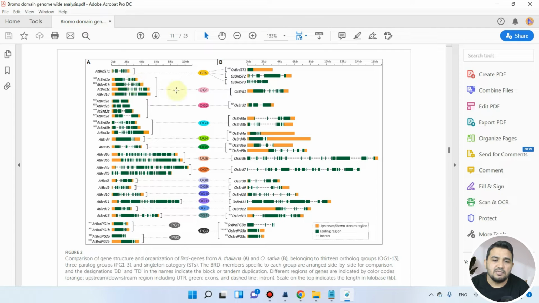So these 5 genes are in orthologous group 1, and similarly there are 1, 2, 3, and 4 genes in another orthologous group, and 1 from the rice genome. We will be reproducing this result, and I will show you how we can also find orthologous groups, paralogous groups, and singleton categories.